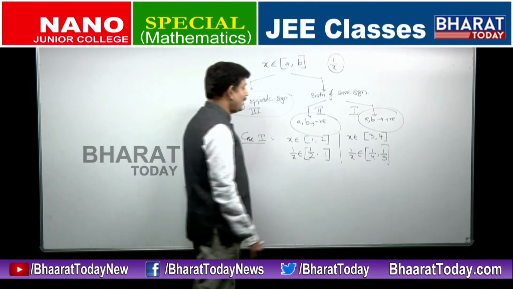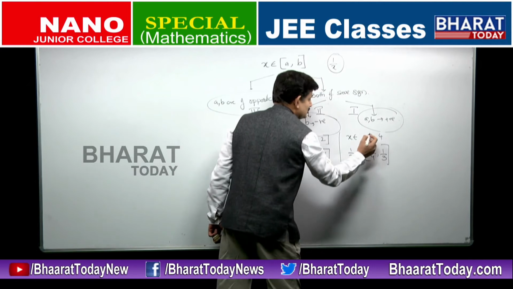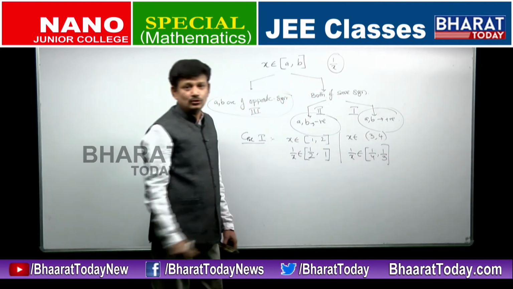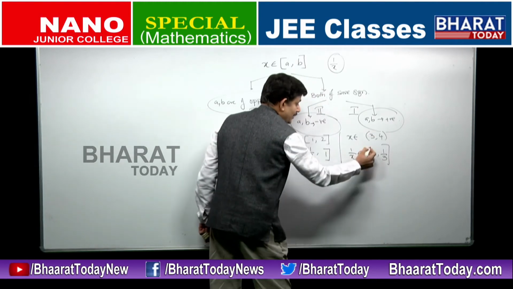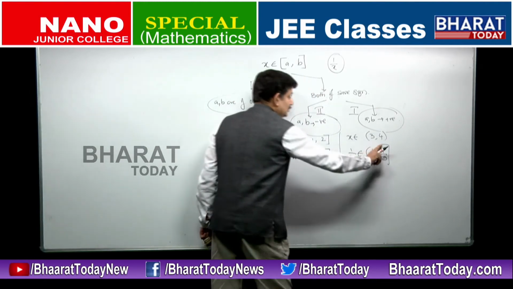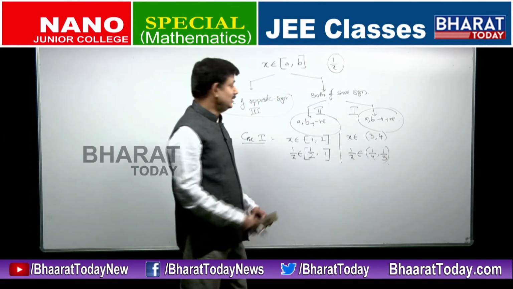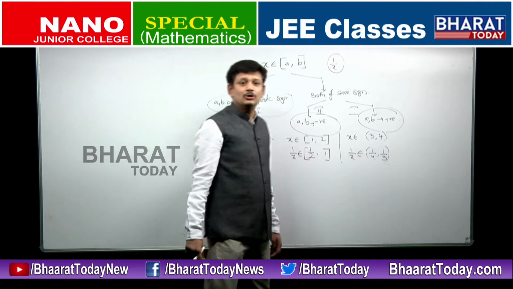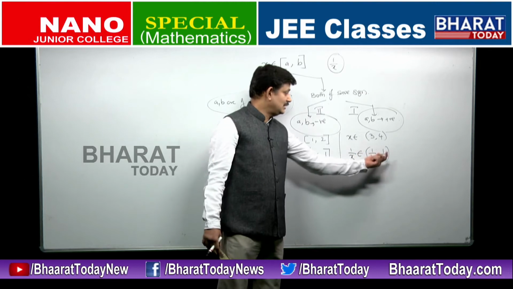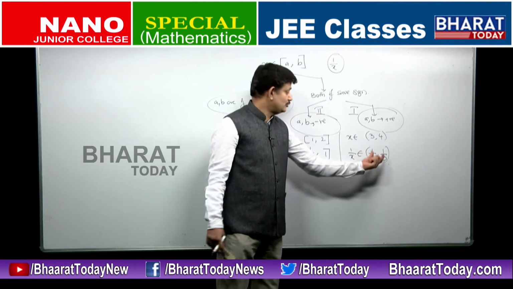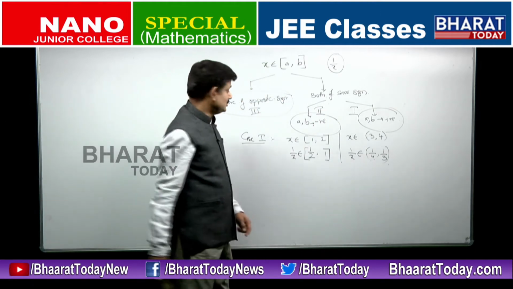Okay, so this you can happily do even when the intervals are open. Let's say you are given x belongs to the open interval 3 to 4. So what will happen? 1 by x will belong to the open interval 1 by 4 to 1 by 3. So the type of interval will not matter. You can do it for open, closed, semi-open, semi-closed, whatever it is. So just keep in mind, because it is a decreasing function, which you will be taught later, you have to interchange the positions. Interchange the positions, that's it.